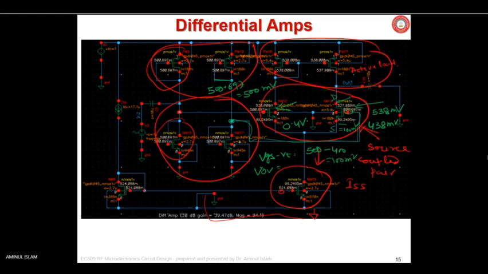You will take weeks to get this value if you don't know the size of this MOSFET, W by L, and the current value here and other things. You will take even months to simulate this and accurately get these MOSFETs in saturation area. That's what I wanted to say. And we got the gain of 39.47 dB when I simulated it.